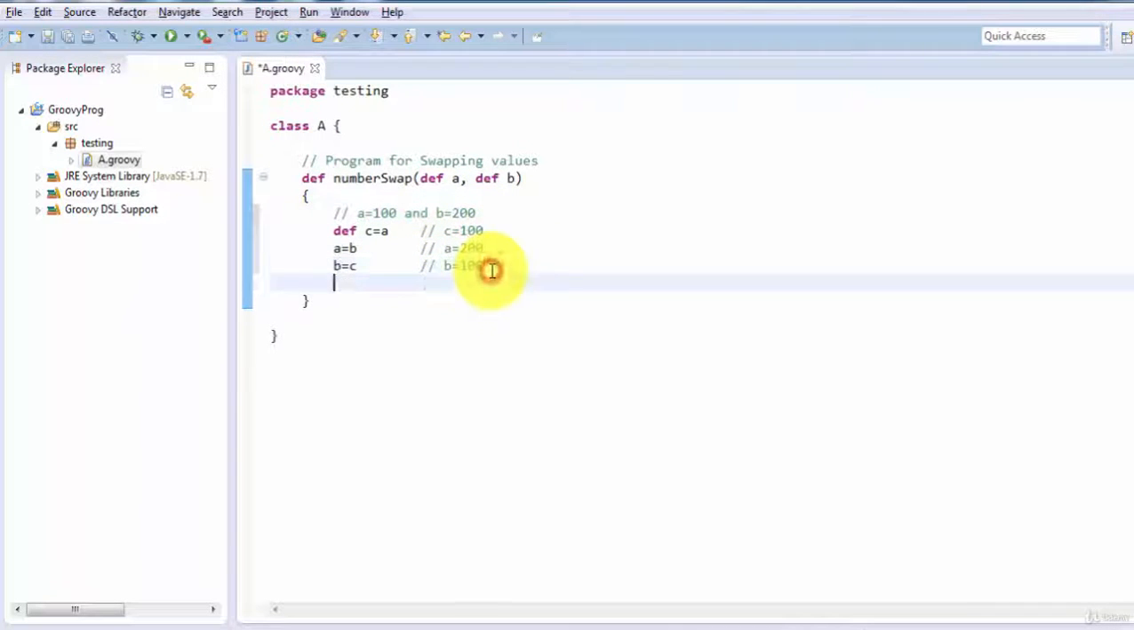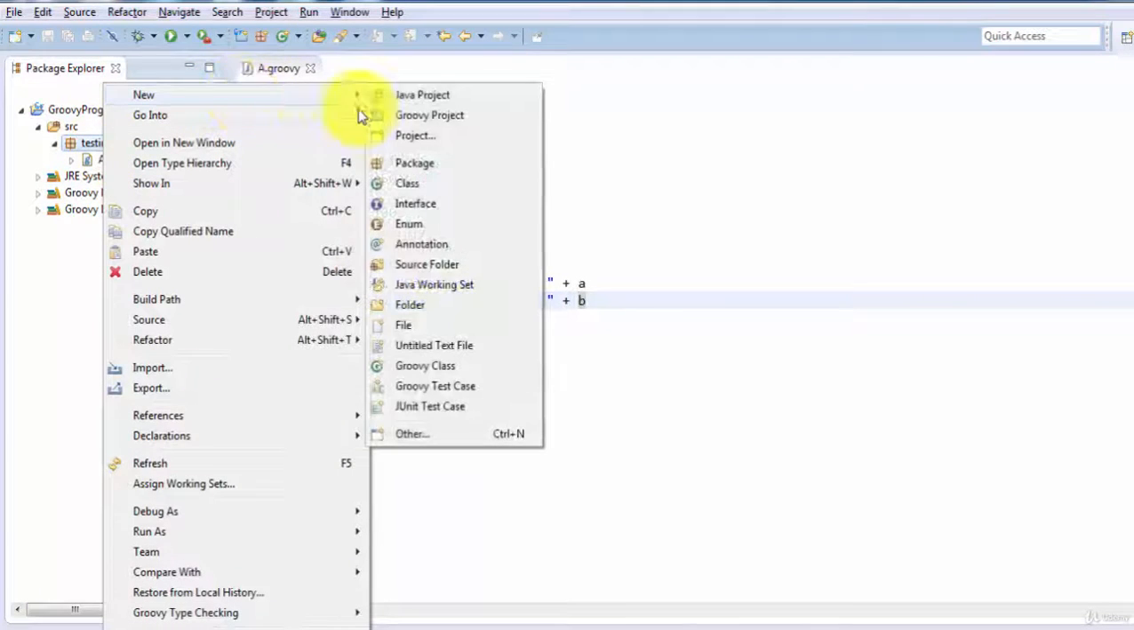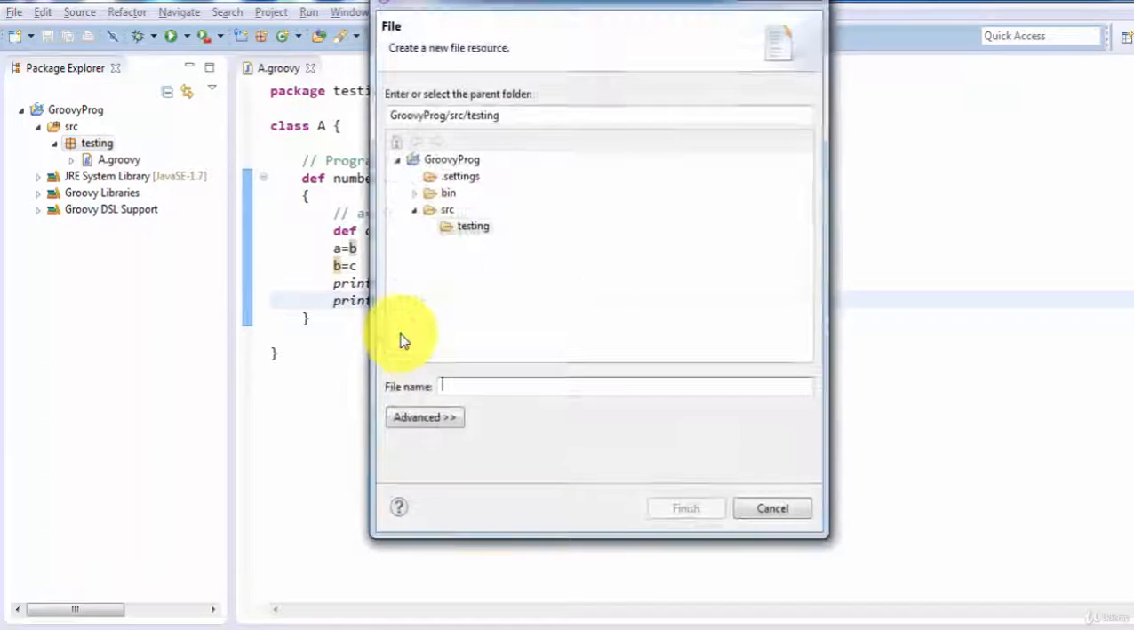So value is swapped. If you want, you can display like println final value of A, and the same way, right. Now I want to call this method, so I'm going to create one more file and giving the name